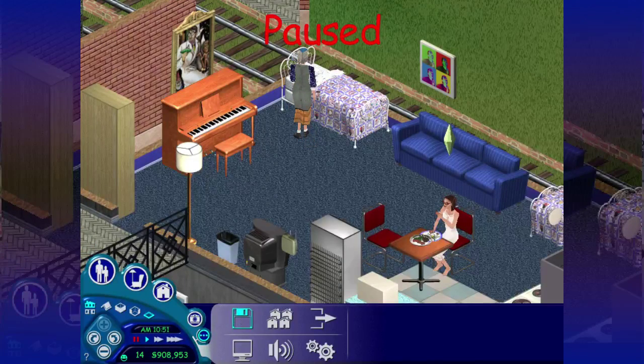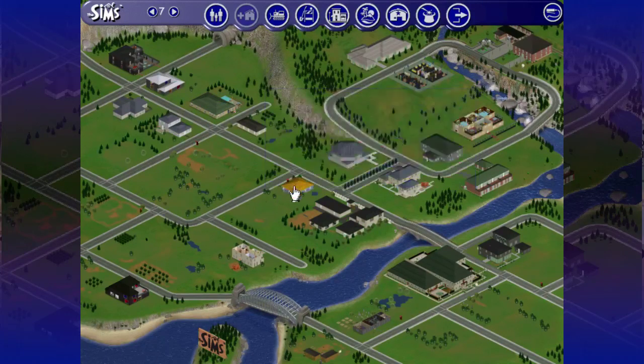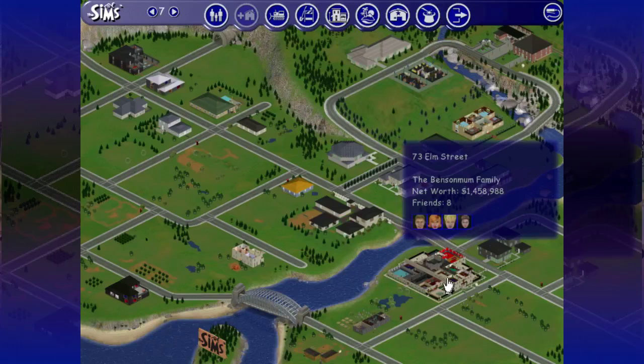Alright, I'm not gonna sit and play each lot for a super long time, because that would be boring. I just realized I gave them two different pictures of Will Wright in this one apartment. That's actually really funny. Okay. What else is